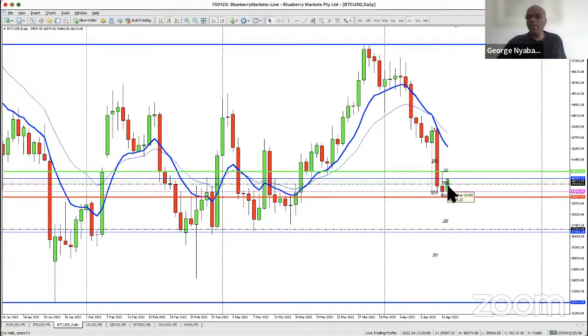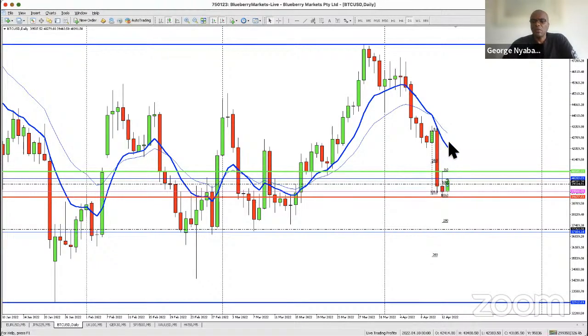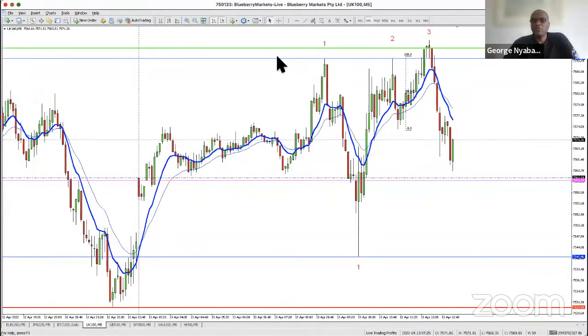So this 2 here, we're going to bring back and have a look at it as far as it's on the 5-minute time frame. So now if we get back to UK 100,